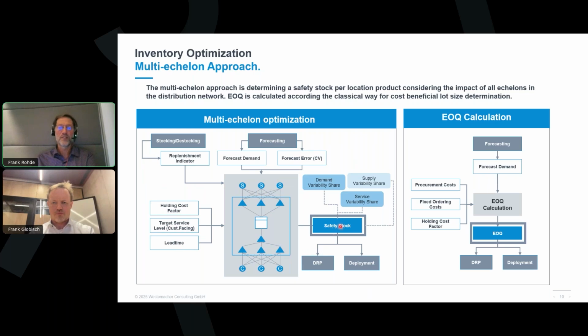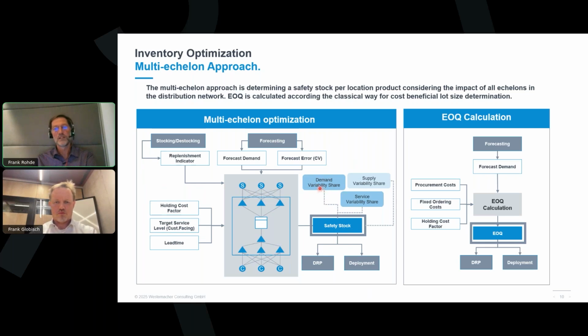As an output, we do have the safety stock, the same output as in single echelon, but on top of one single value, the multi-echelon algorithm gives you the portions of the safety stock. So where does the safety stock come from? Does it come from the demand variability? That means the forecast is not 100% correct. So there is an uncertainty in the forecast that leads to a certain amount of safety stock that falls into